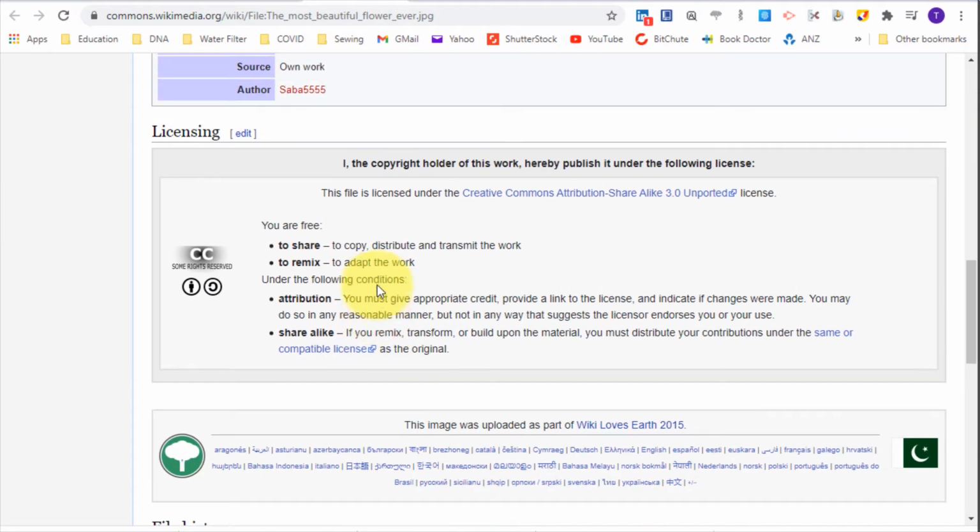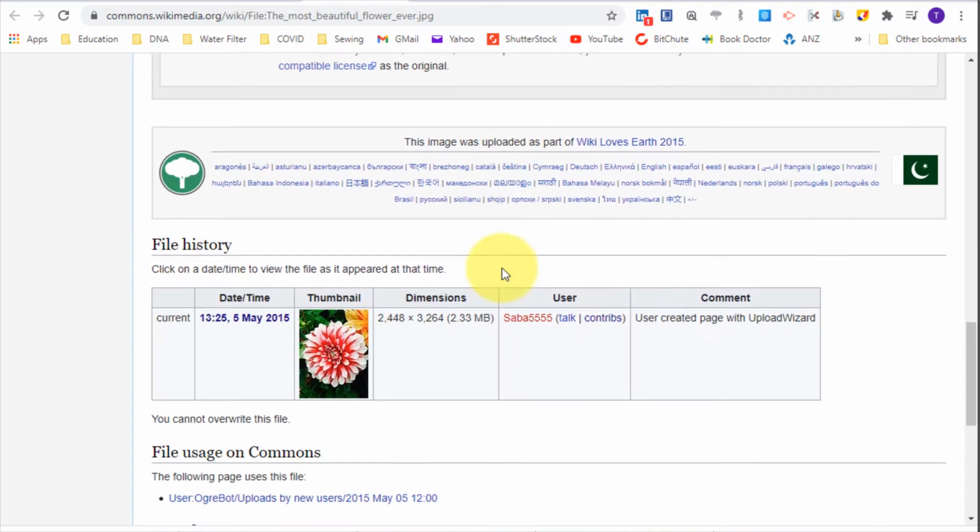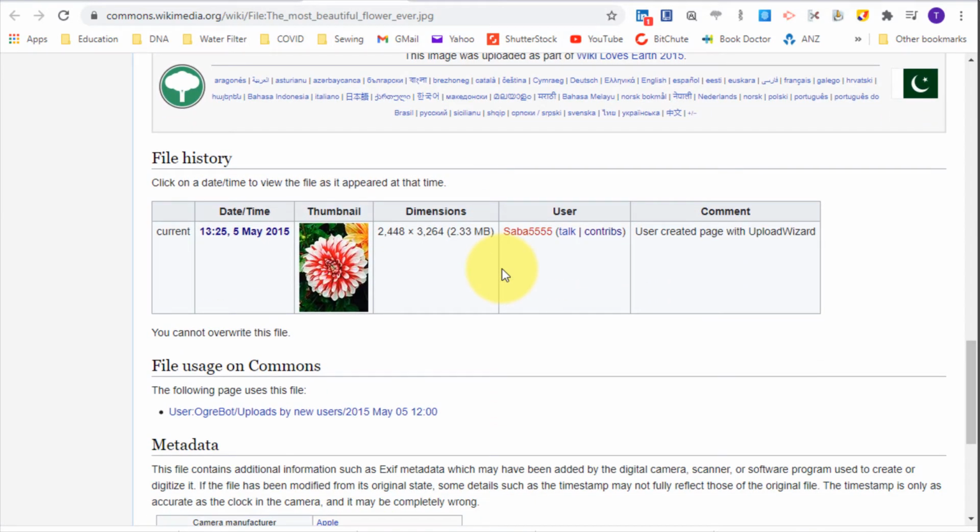So once you're satisfied you found an image that you like, you need to also then check the license. So we're doing under Creative Commons, I'm allowed to, it's free to share, it's free to remix, which means I can adapt the work, so long as I give attribution, so I acknowledge where the image came from. That can be a little bit tricky, so it's really important to note where you got the image from. And if we come down a little bit further on this wiki image, it says that it was submitted by Asaba